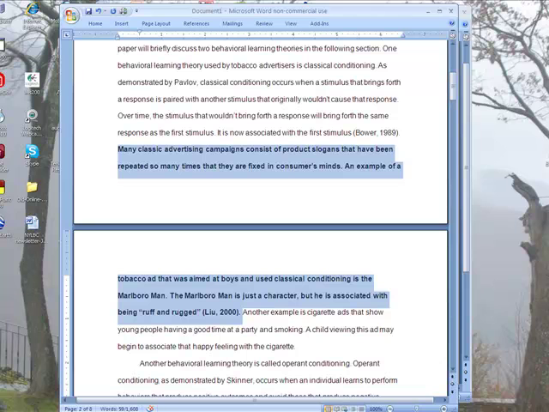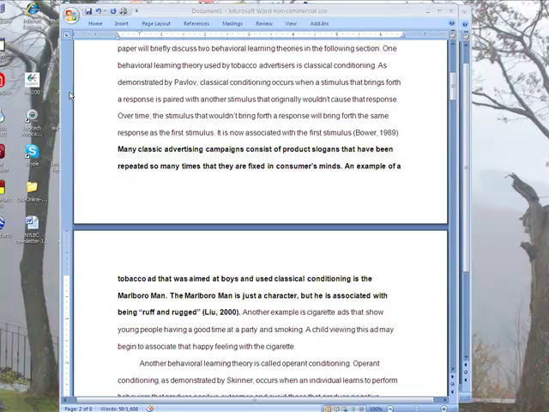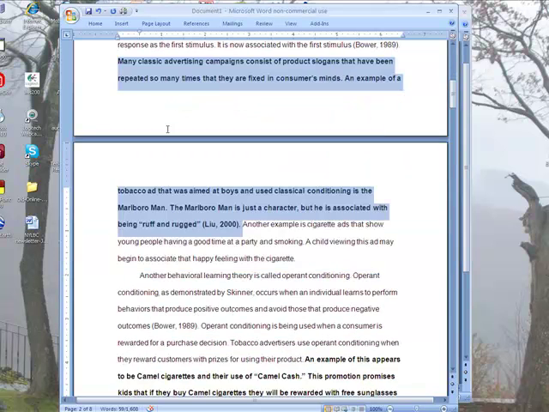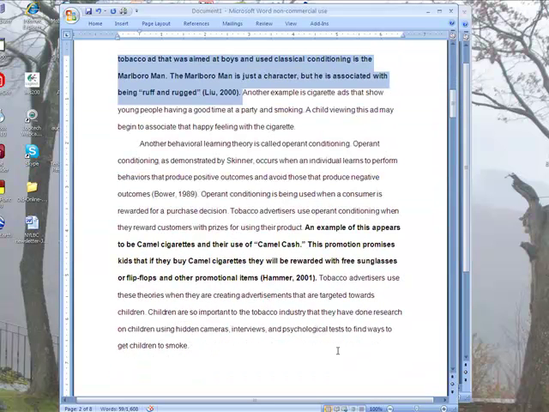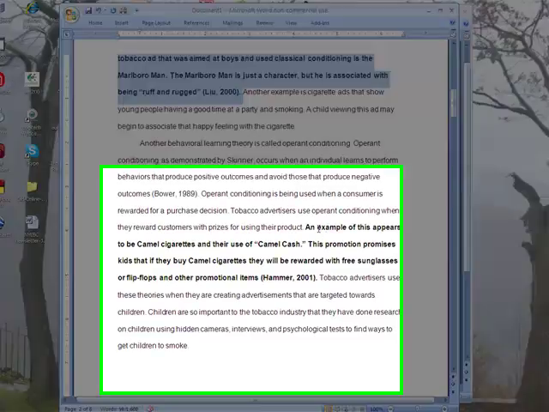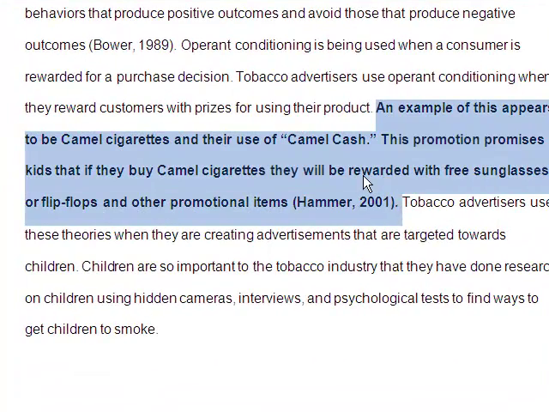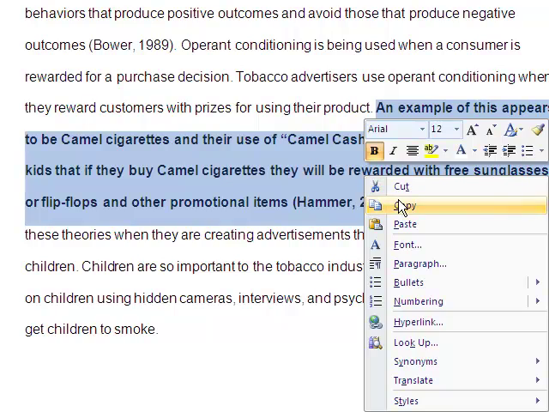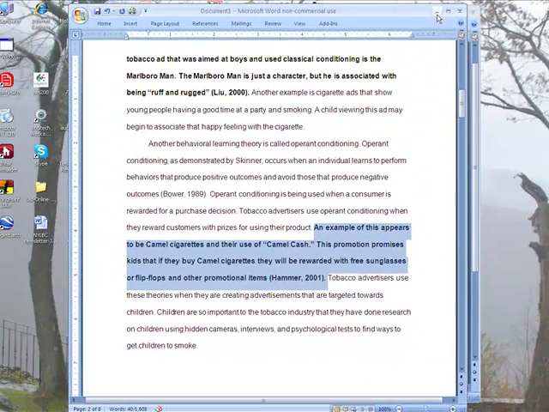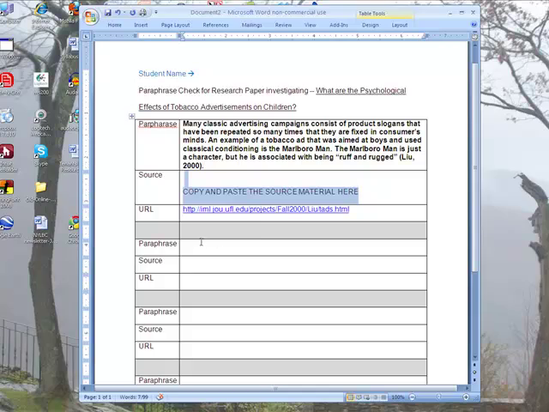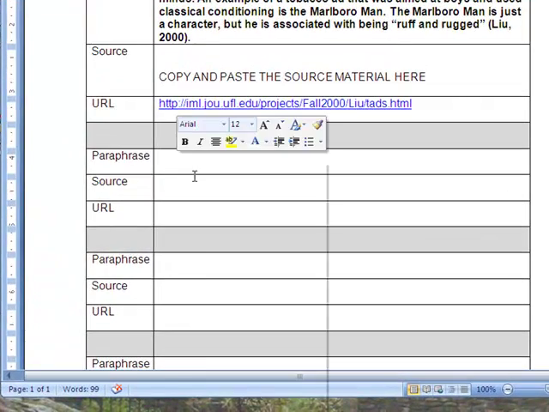You then go back to your paper, and you're going to move down and find the second place where I highlighted and bolded, and then again you're going to copy and paste it into the second area of your